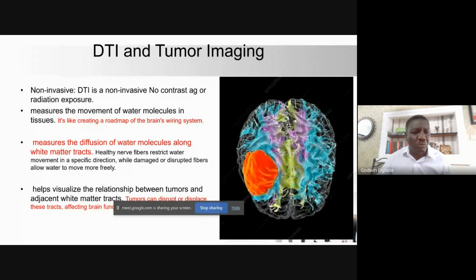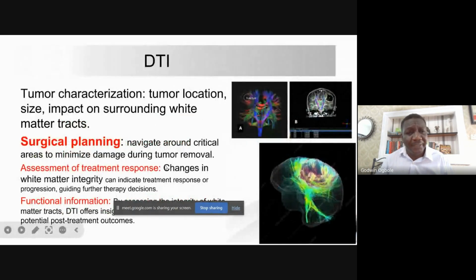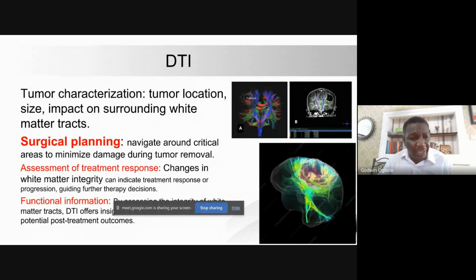And these techniques help us in visualizing the relationship between tumors and the fibers. And of course, tumors will disrupt these white matter fibers, and surgeons can use this for surgical planning, how to be able to do what you call nerve sparing surgeries and things like that. That's one of the unique things about diffusion tensor imaging. It demonstrates tumors uniquely, and for surgical planning, people can navigate around these critical areas to avoid damaging critical areas or nerve fibers. It also, of course, in terms of follow-up of cases, you can also assess white matter integrity,